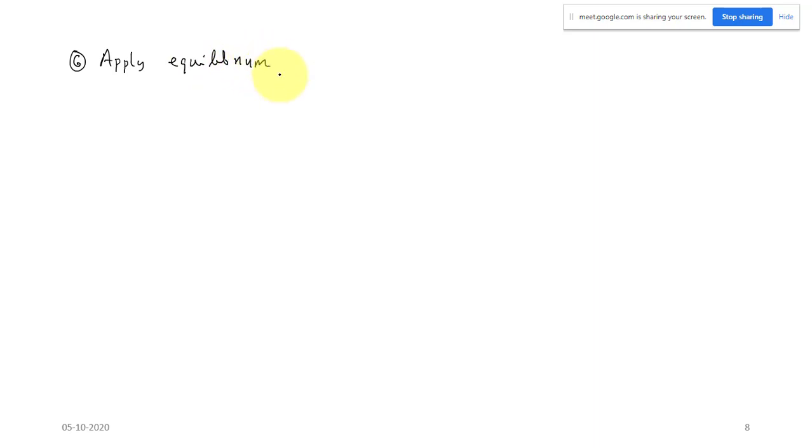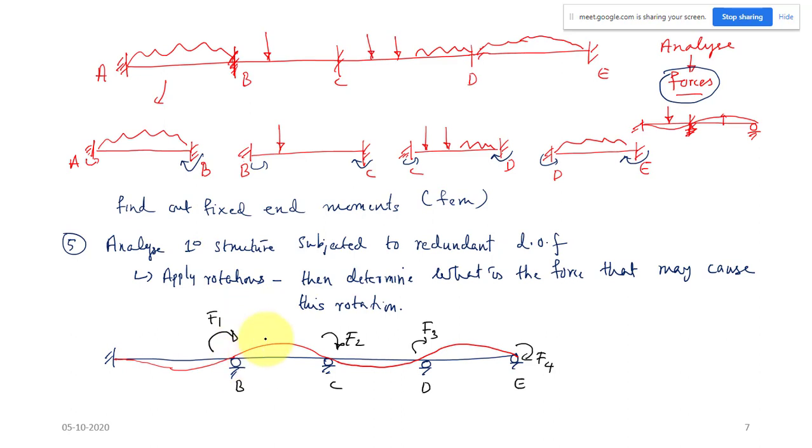the equilibrium condition. We are using the equilibrium condition. That means like this. If you take this joint B, we got some fixed end moment in this step due to external load. So there are two fixed end moments you can say here. Let us say this is the fixed end moment at B. I am writing like this, FEM BA, at this joint B. And here what was the condition? Theta B is 0. In this step we applied, there is no rotation.